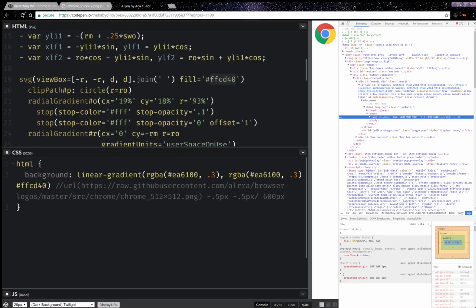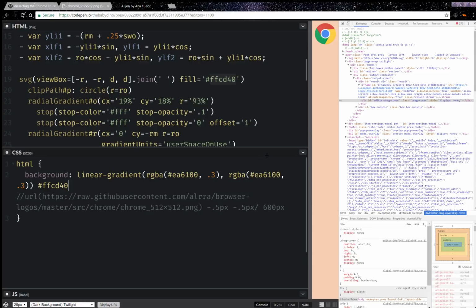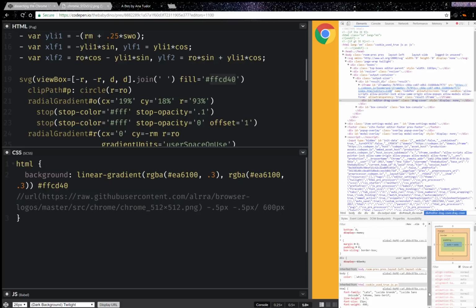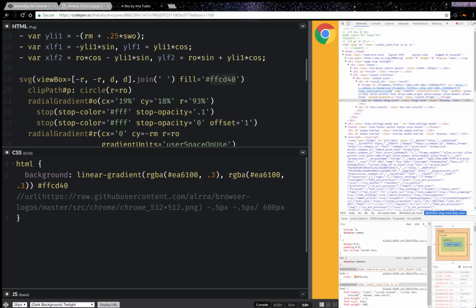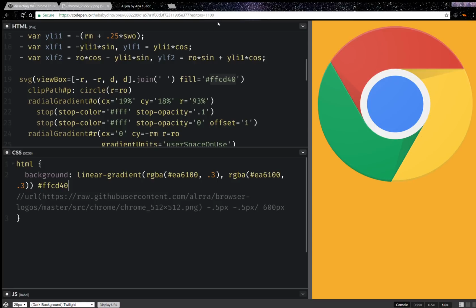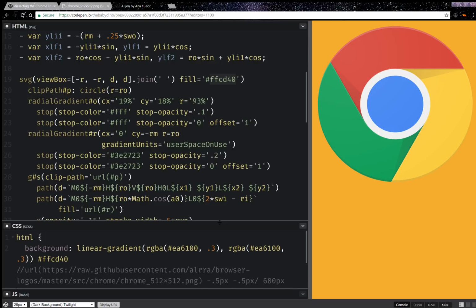Oh no, sorry, this is outside. Okay, so this does it. Let's use the color picker. So that's the color that I actually want. So for my yellow gradient,